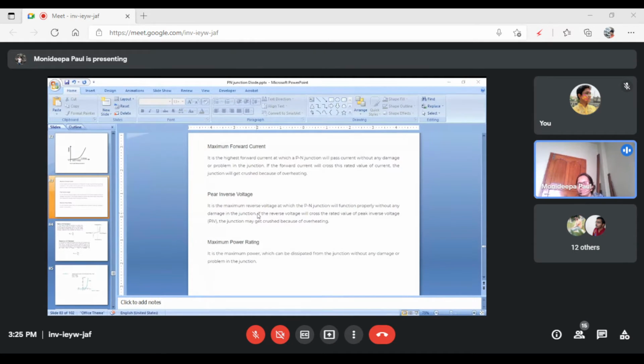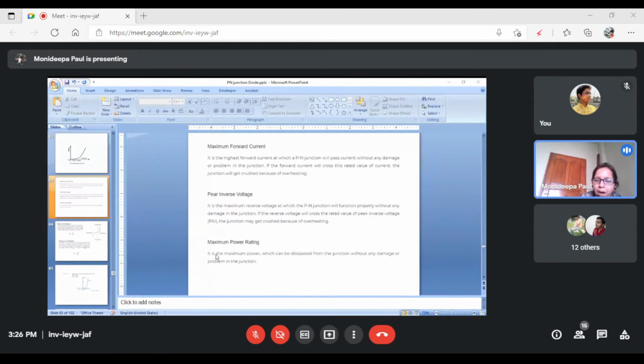Actually, a diode is a very small device. Diodes are available in coded form. If you see the code, you go to the chart where the diode specification is given, and you compare this diode code: which is the maximum power rating, which is the knee voltage, which is the maximum reverse voltage, which is the breakdown voltage.